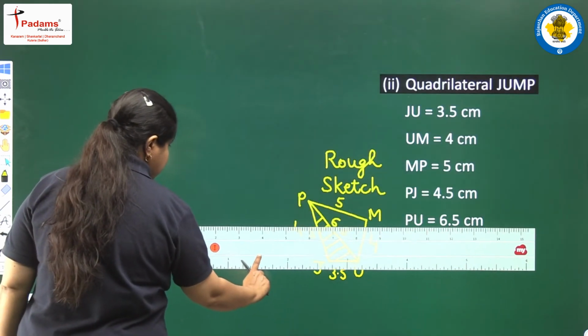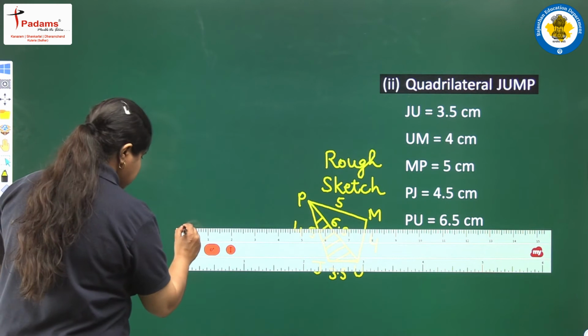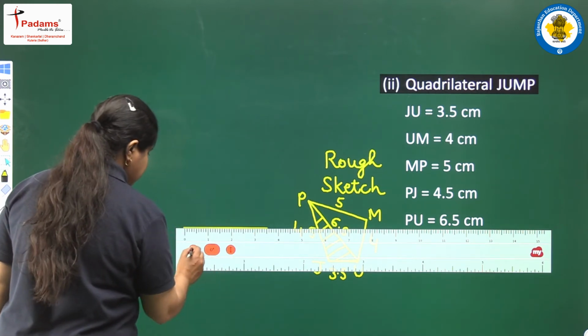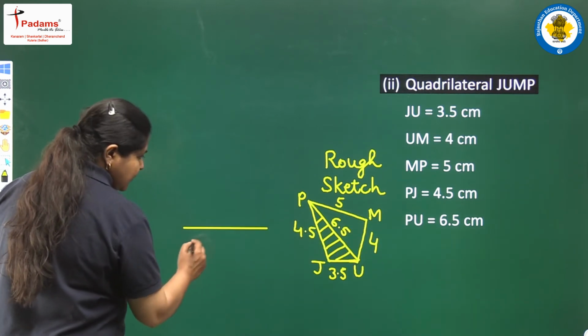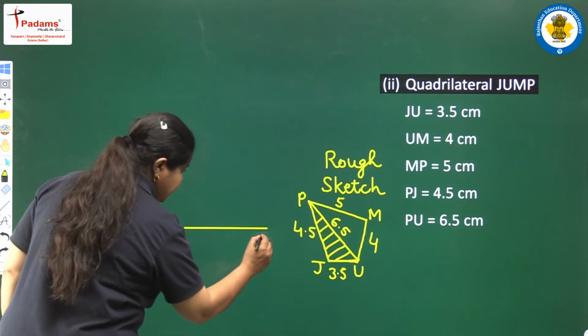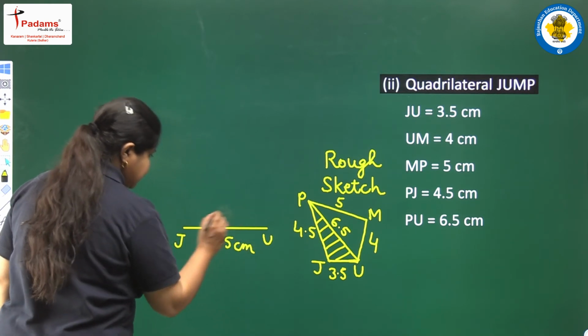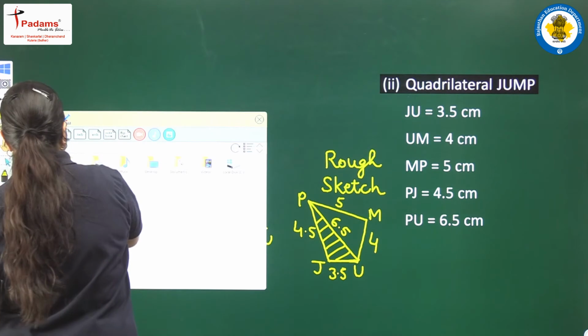We will take it to be 3.5 centimeters long. Start it from here, and this is your 3.5 centimeters long line segment, which is named as JU. Let us write it here, 3.5 centimeters. What next? We need one compass,